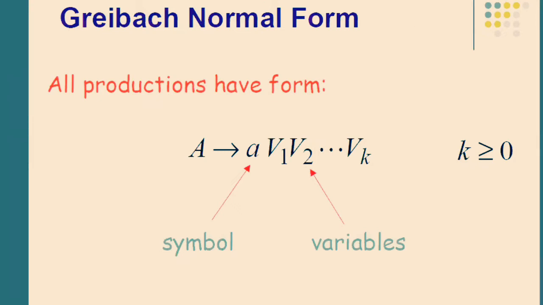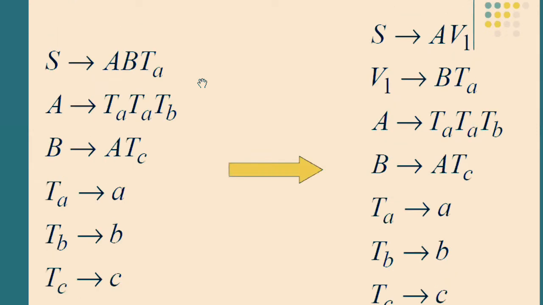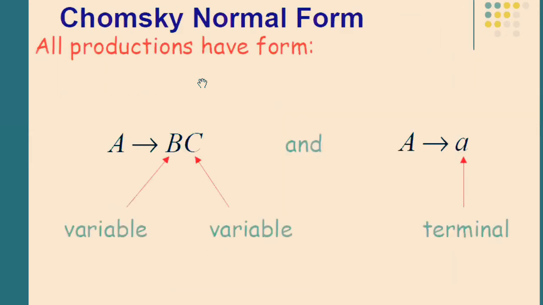So today we are going to discuss a new type of normal form, that is Greibach normal form. Before Greibach normal form, what we have discussed is Chomsky's normal form. So there are basically two types of normal forms: one is Chomsky's normal form, and the other one is Greibach normal form. Before going to Greibach normal form, GNF, let us have a quick review on what is CNF.